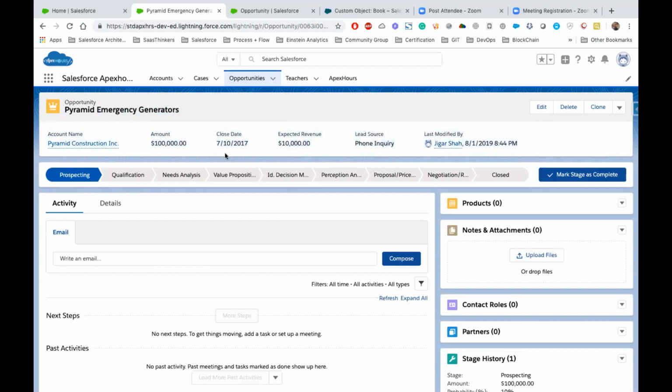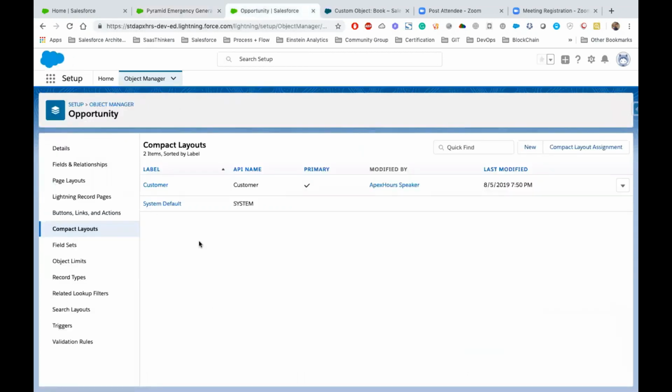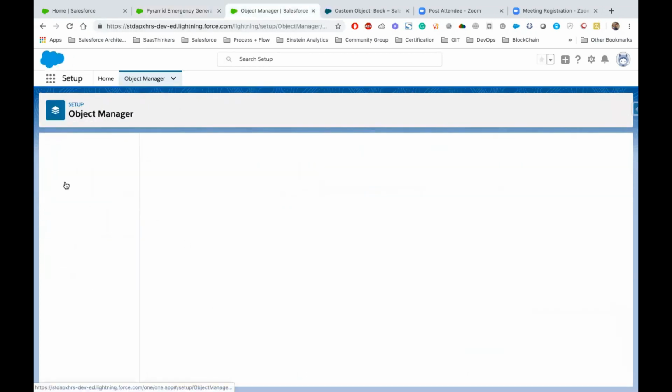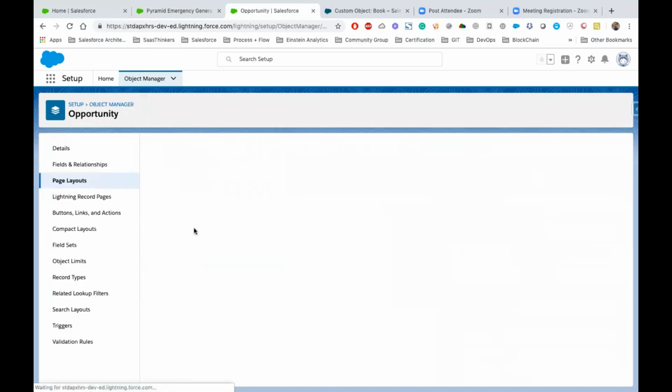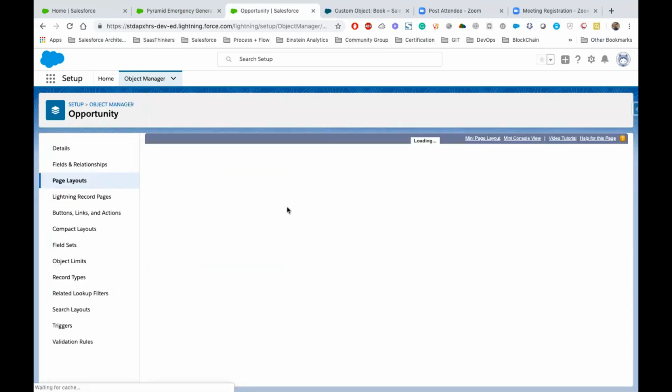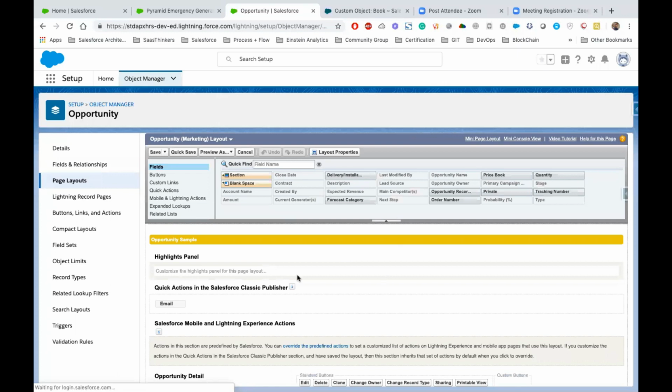in your mobile application. So to create a mini page layout, what you need to do is, for every layout you need to create a mini page layout. So let's say that we wanted to create a mini page layout for marketing. At the top, you will see a link for mini page layout. Just click on that,